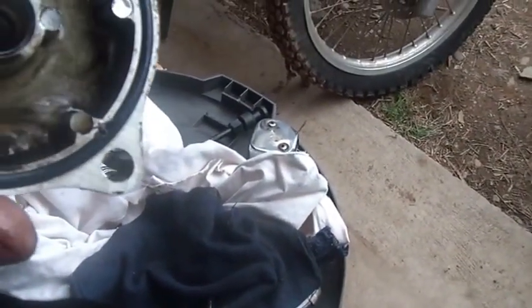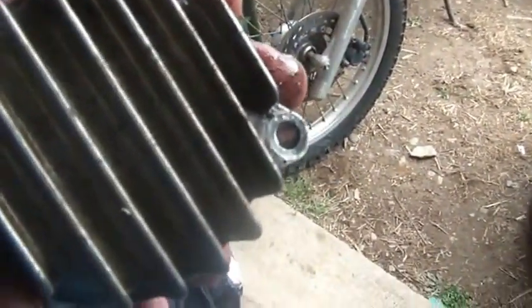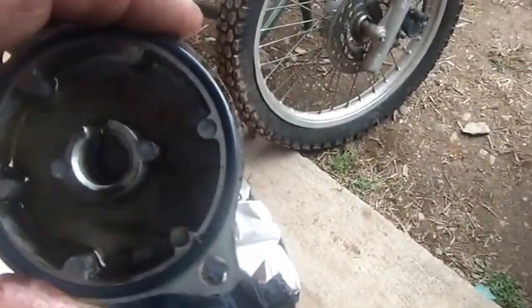Alright, I'm going to clean things up and change the oil and put it all back together again, and life should be good. The only other thing I would really watch out for is these. This is held on by 8 millimeters. So you don't want to put on your big man, watch me tighten this until things snap,